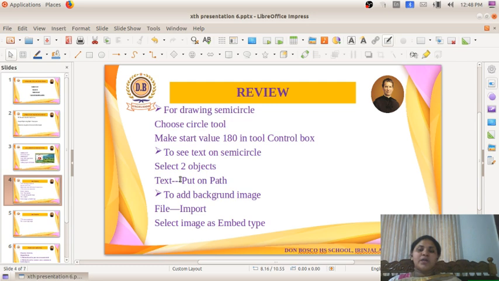So how can we remove the semicircle? We have to remove the fill and stroke. You all will know fill is the color which is filled in the object and stroke is the outline of the object. So we have to remove that. We have selected the no paint option for fill and stroke. After that we can see only the text, right?